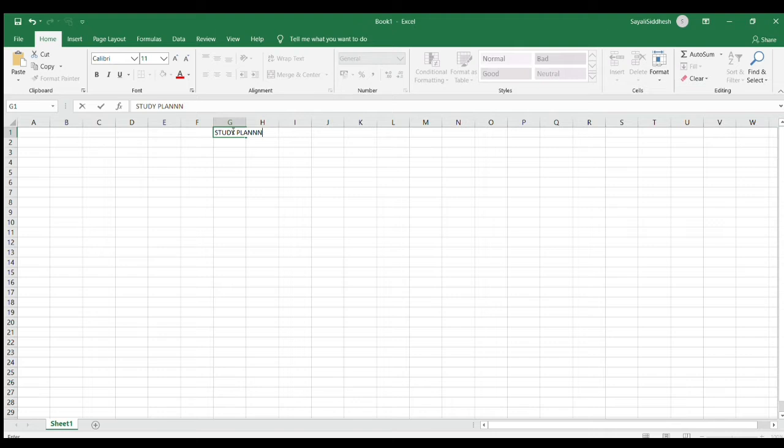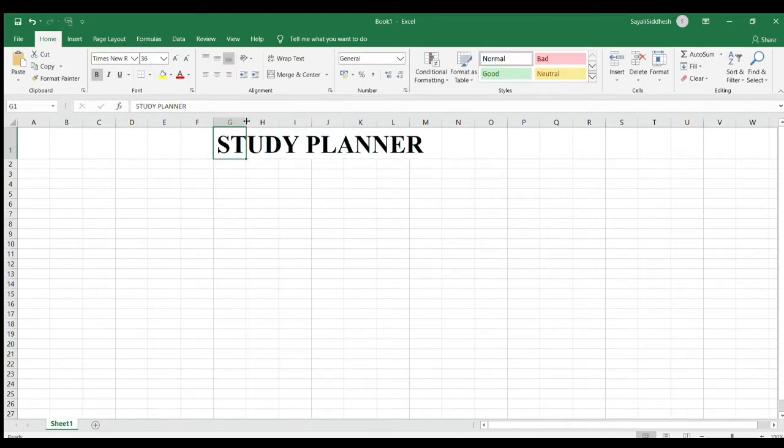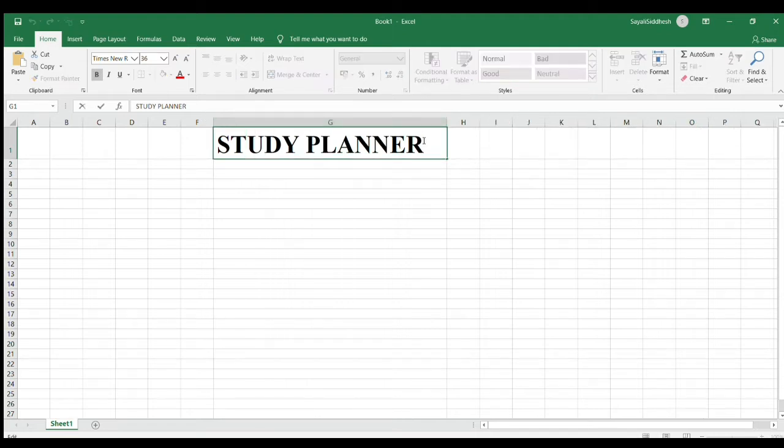First we will write study planner, and this will be in bold and its font will be bigger than all other content. So just left click over it and drag it towards the right and increase its size as shown in the video. And now I'm dragging the G cell and adding more new content.